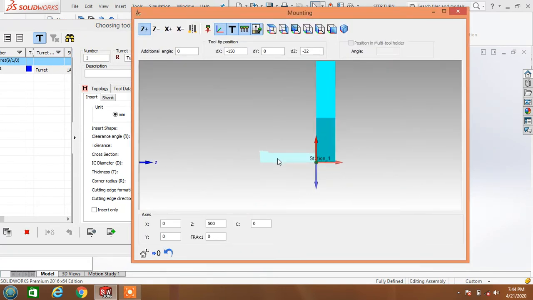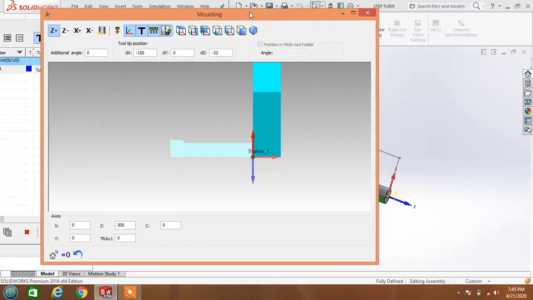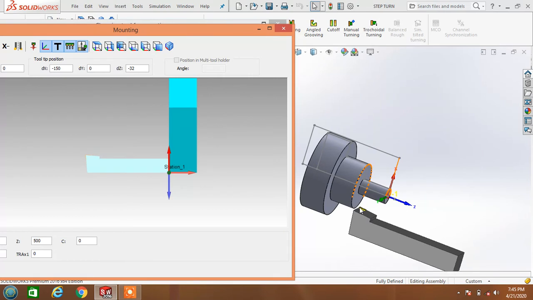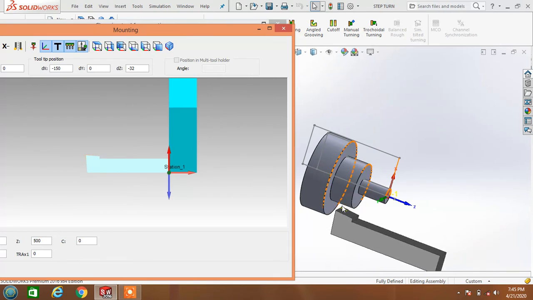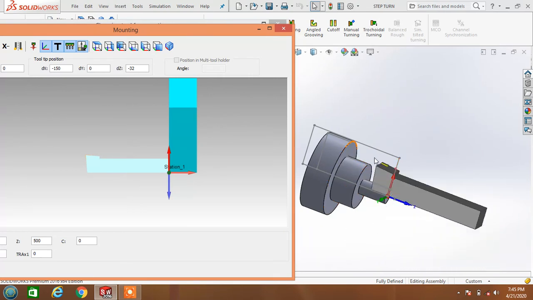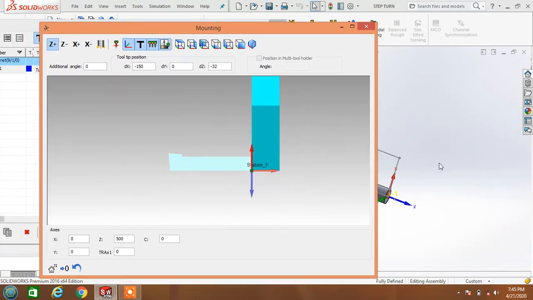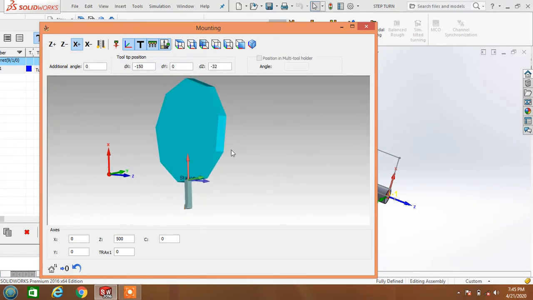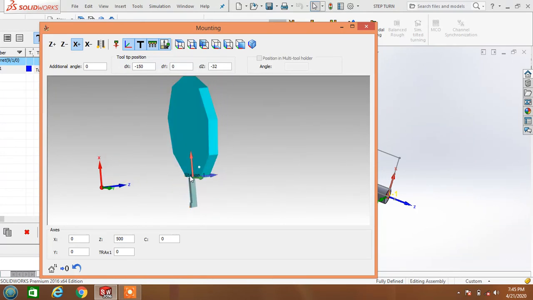Here the tool is horizontal and our workpiece is also horizontal. Is it possible to machine like this? We must change the direction of the tool. How? Click X plus. This is the turret station. We can fix 8 tools here, but I take only one station.